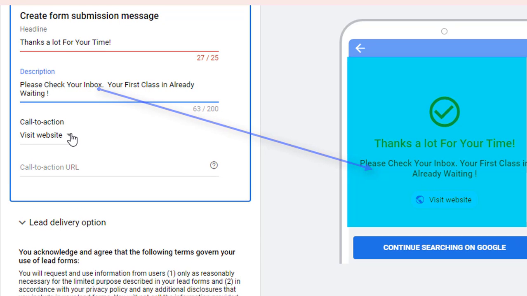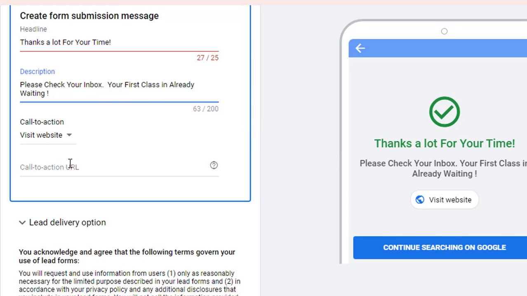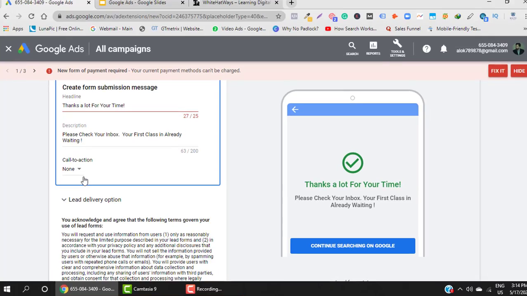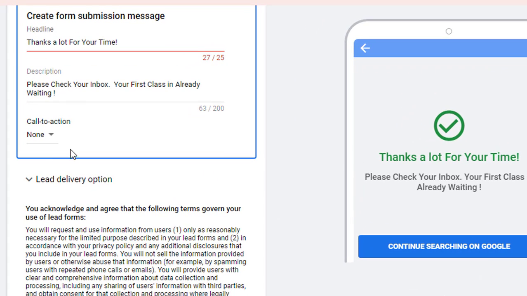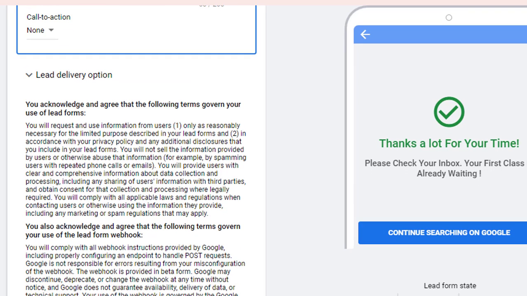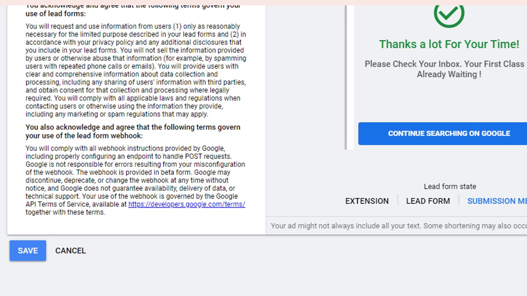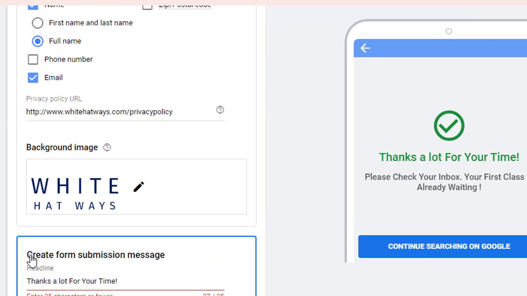So now I have given the description. Now it is asking me for the call to action button. What should be the call to action button? So say none in this case, since nothing is relevant, and then I would eventually need to click on the save button.